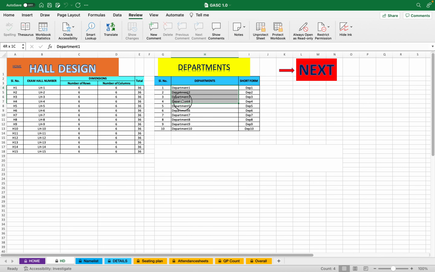And here you can enter up to 10 departments. If it is a school, you can enter up to 10 classes. If you want to increase this count, you can contact us. So after entering these details, click next. It takes you to the name list page, and this is the same page which is found in this home